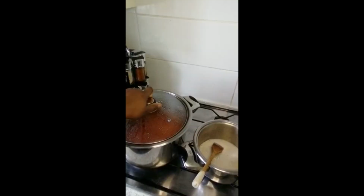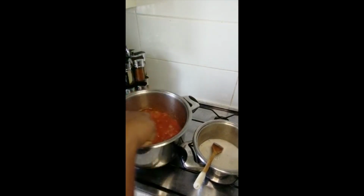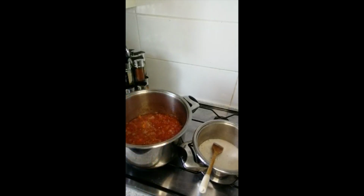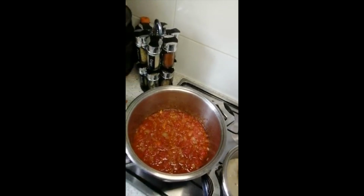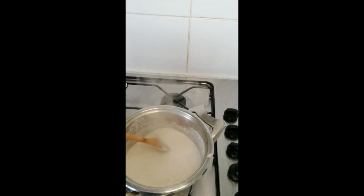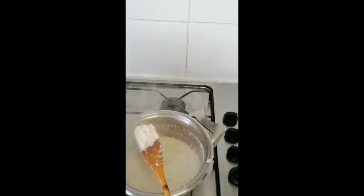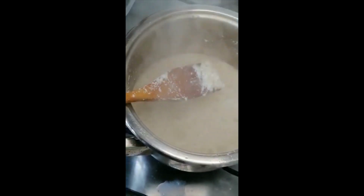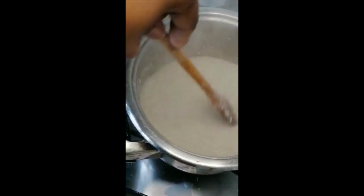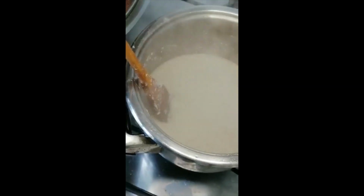Right, if you need some more, okay, that is cooking lovely. Yeah, it's doing its magic. I'm happy with the way it's looking. I'm just going to leave it on to keep cooking. I'm going to show you what it looks like. That's a nice view of it. It's coming up nicely. It's nearly ready to go in the sauce. So I'm just going to keep stirring it for a little bit, and then I'm going to take it out